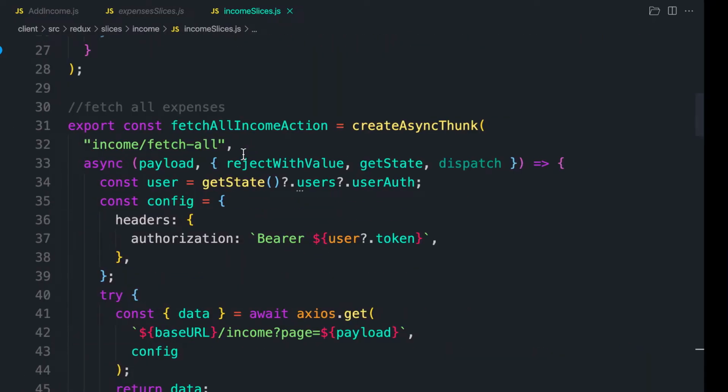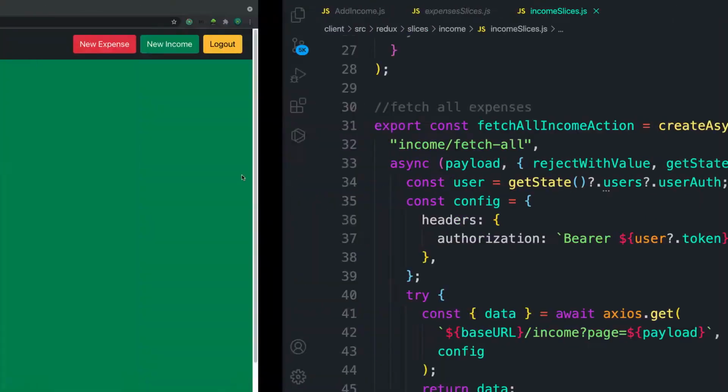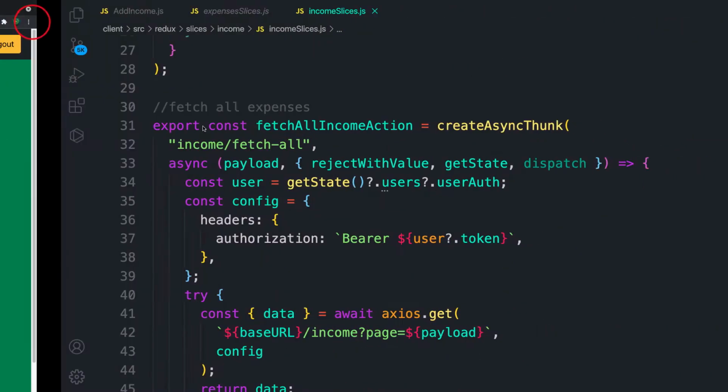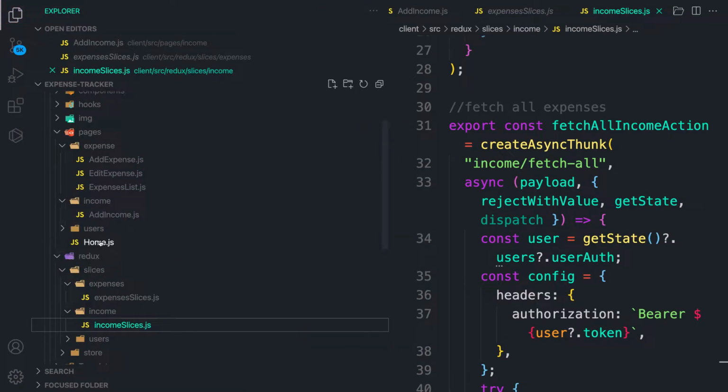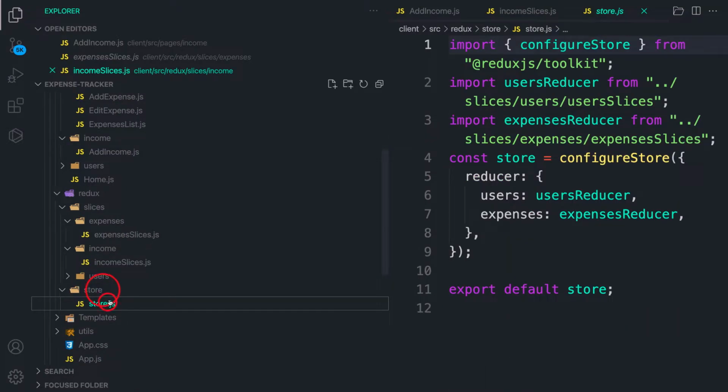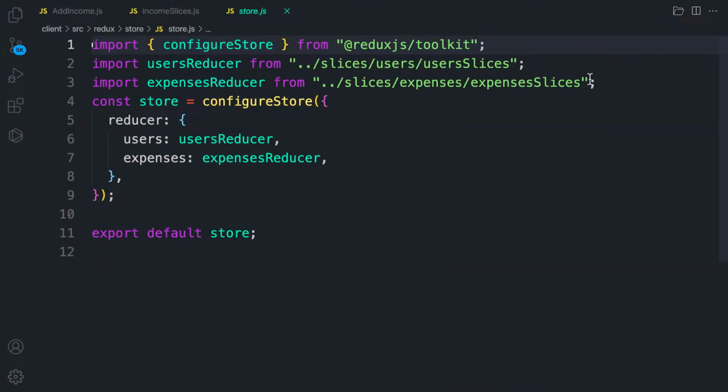So you can guess, let's check. There's some error we are facing. I'm not sure. Yeah, there you go. So let's map our income reducer to our store. That's why I love Redux Toolkit. So let's go to store, and then let's bring in here